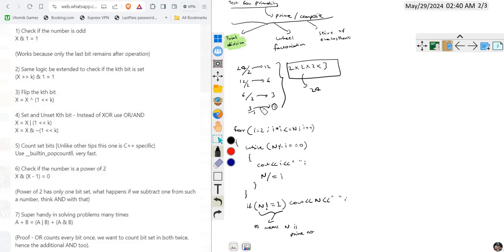Then we obviously get this code. Before root n we will get all the prime numbers. Okay, the prime factors. There are no prime factors after root n